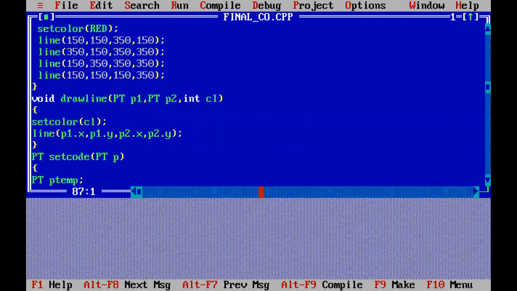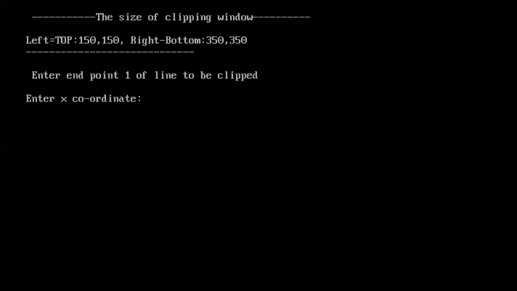Again we'll check another set of coordinates. Here your left top is 150 150 and right bottom is 350 350. We'll consider a vertical line. Your x minimum is 150, so we have to put a value greater than 150.